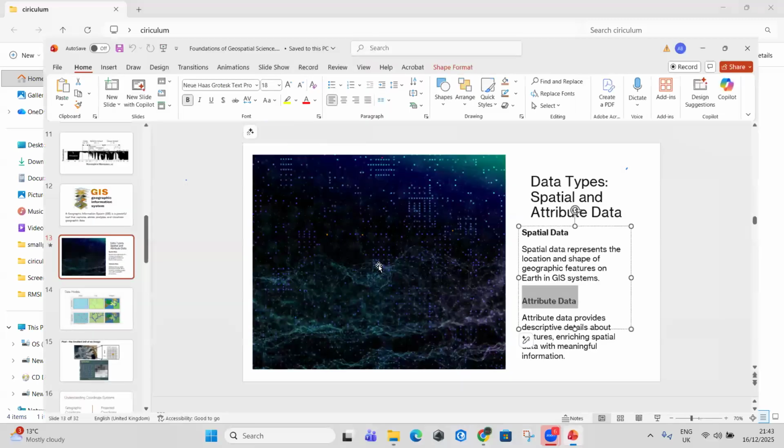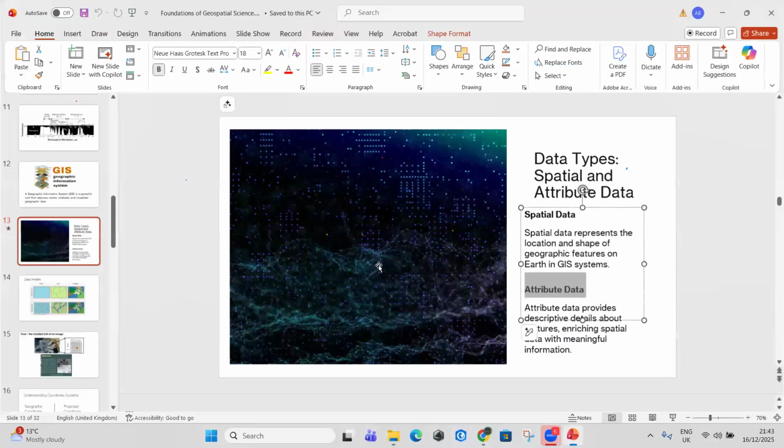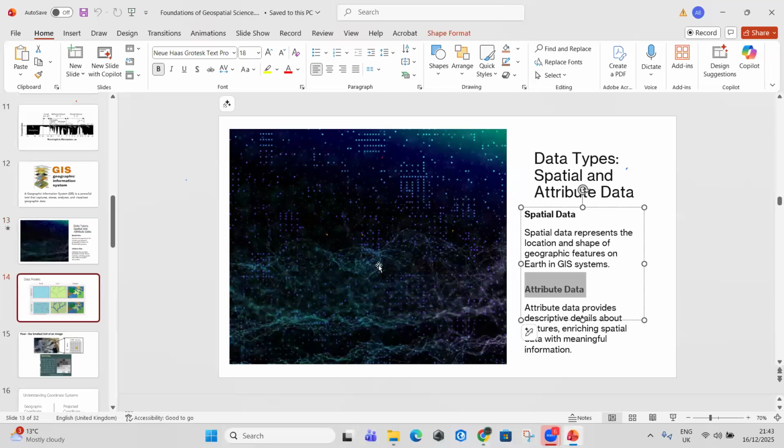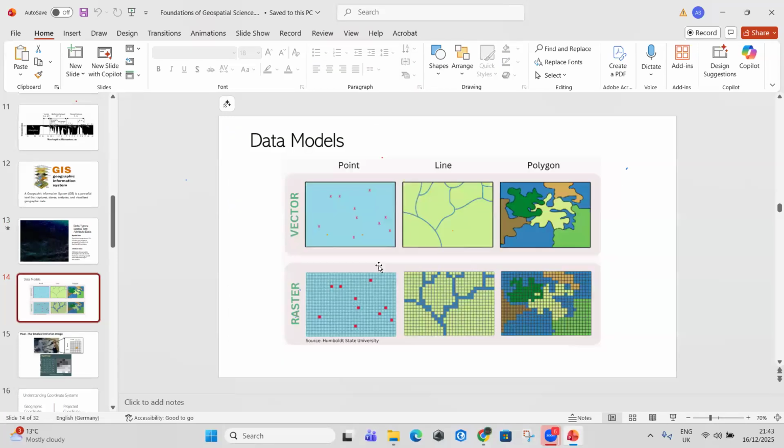So then in GIS, there is something called vector data and raster data. What it means is, maybe you want to consider an area of interest. What I mean to say by area of interest is,